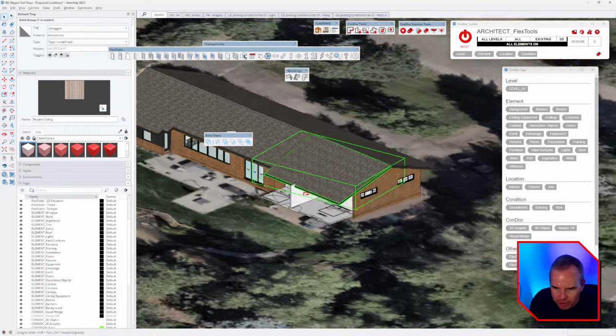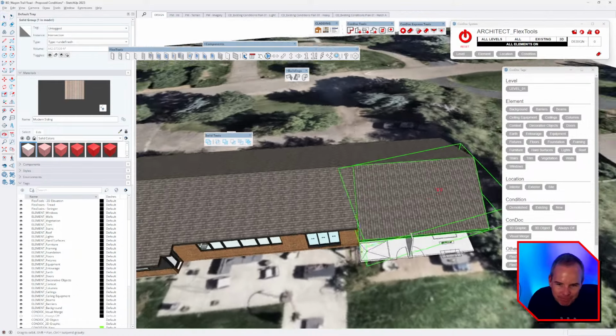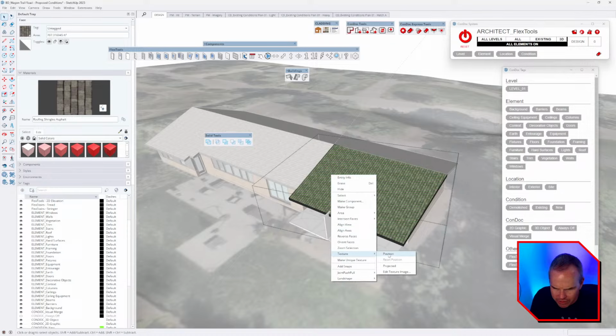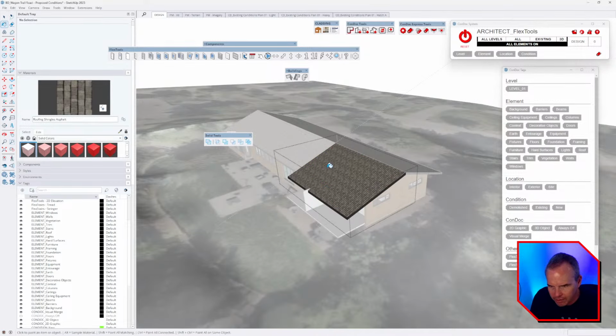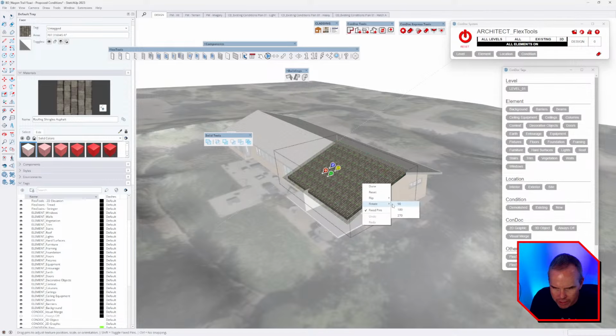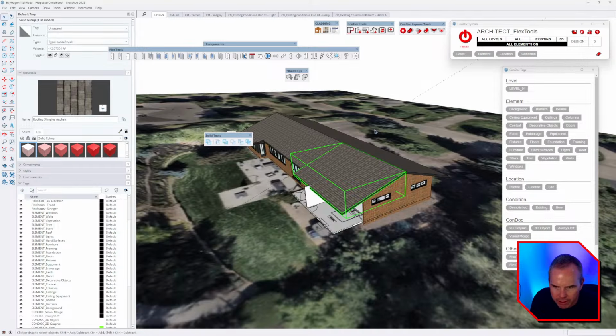I'm left with this, and look at how goofy this is. So let's fix our texture. Let me see if I can just sample this or texture. No, I can't reset it. Let me explode it and group it, and then texture, position, rotate 90, enter. All right, so this is going to be